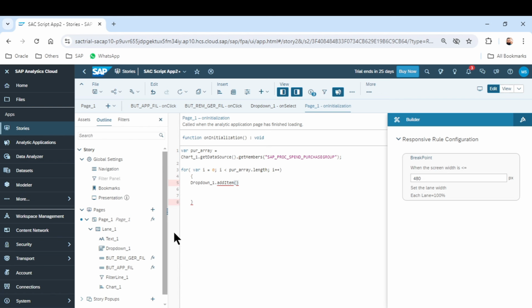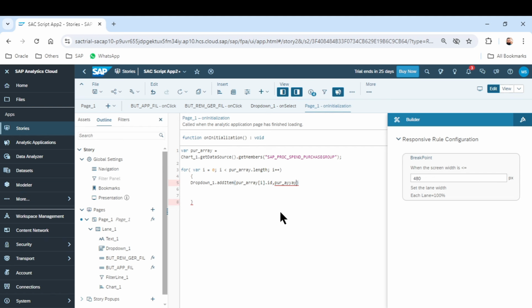So I just select here, use the purchase array, and then use i dot code completion. Now I will select the id first and then use a comma. The other member is the description of the purchasing group. So I again use the name of the array,